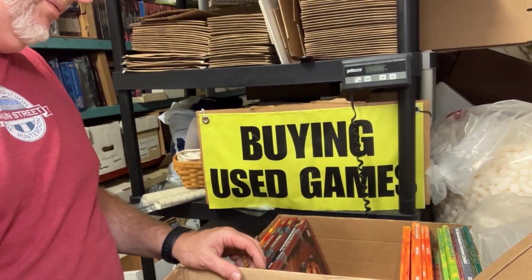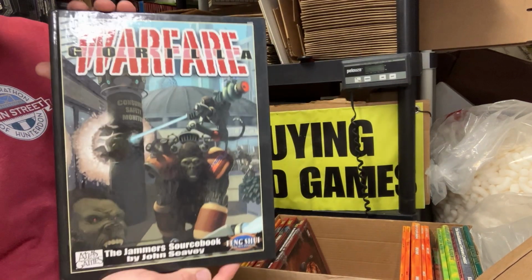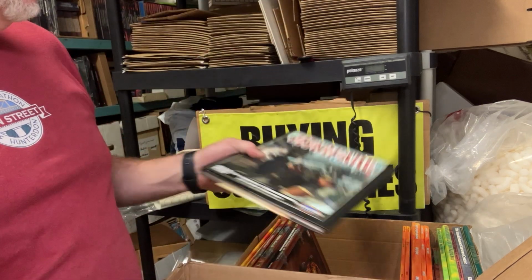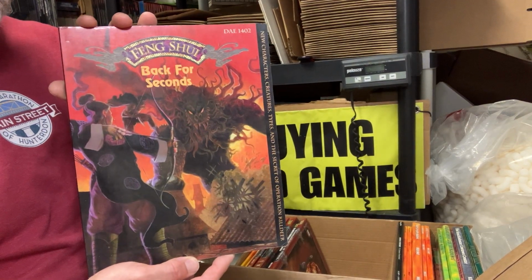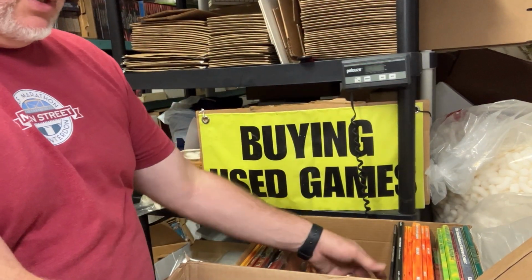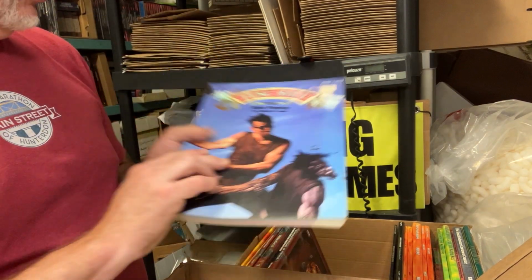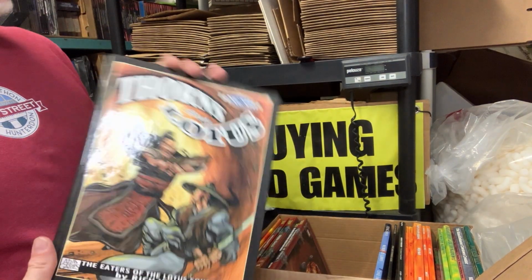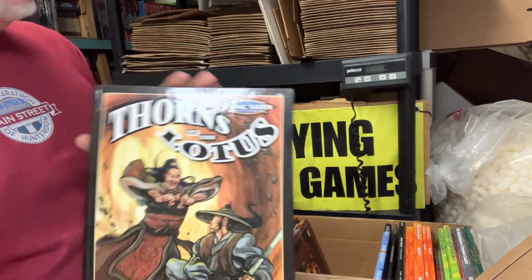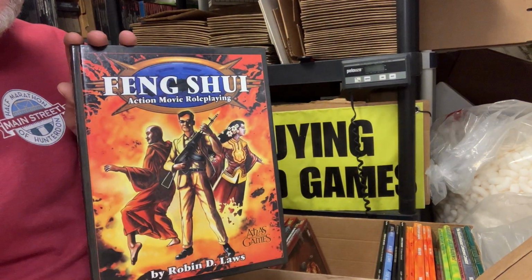Now we're into some other stuff. We've got Atlas Games, Guerrilla Warfare. This is for the Feng Shui 2nd edition. Feng Shui original one from Daedalus. This is back for seconds. And the Feng Shui core rulebook 1st edition. Fun little thing. Shadow Fist was the card game that kind of went along with that. Thorn of the Lotus. And I know some people regarded Shadow Fist as one of the best collectible card games of the era. And Feng Shui 2nd edition,